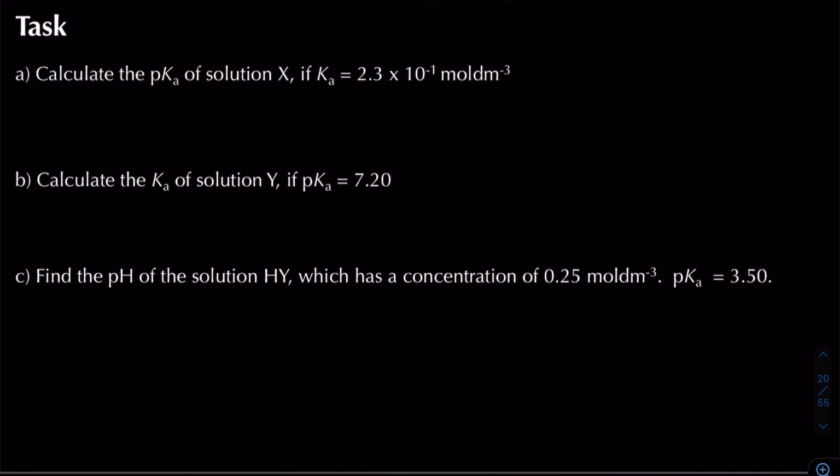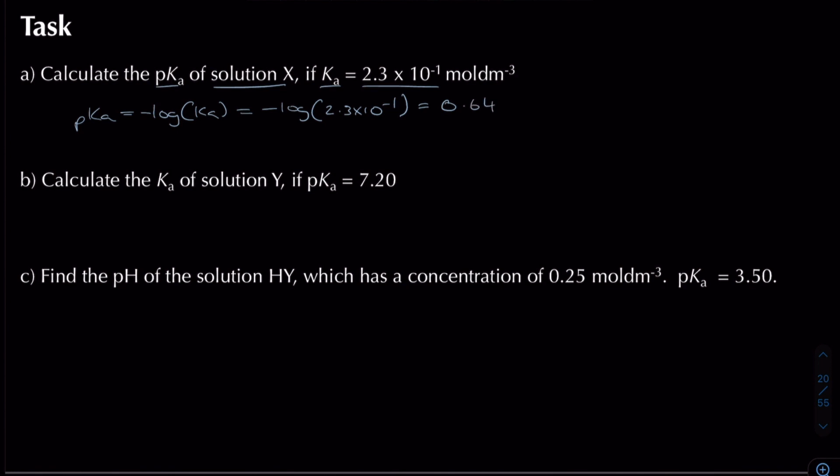Now moving on, I want you to have a go at the following conversions for pKa and Ka, just some quick calculations to get your head around it. In the first one, we're asked to calculate pKa of solution X if Ka is equal to 2.3 times 10 to the power of minus 1. So in that case, I know that pKa is going to be equal to minus log of my value for Ka, which I'm going to put in circular brackets now, and that's going to be equal to minus log of 2.3 times 10 to the power of minus 1. I'll put that in my calculator and I end up with the following value of